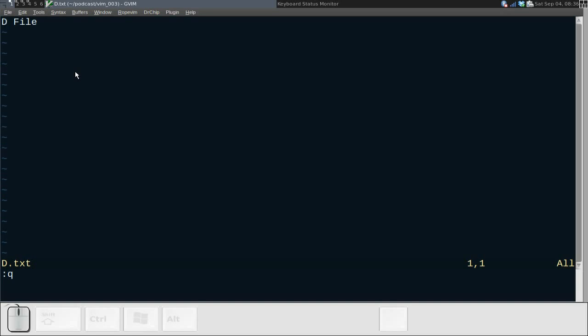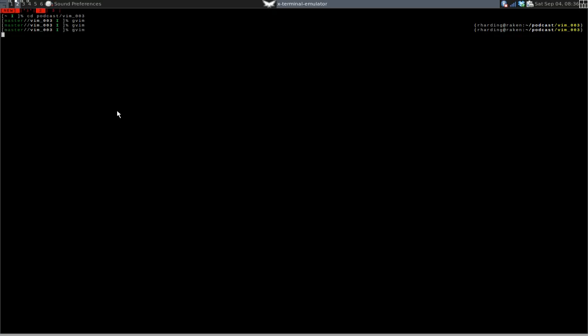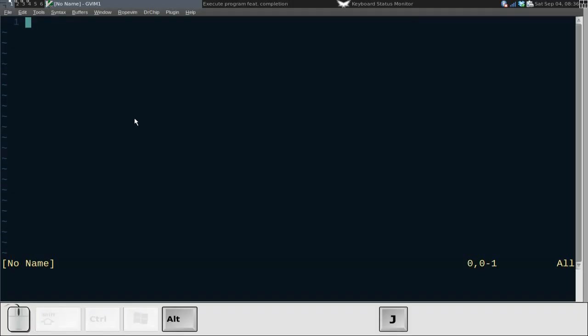So let's move on to our plugin interactions, because really that's where I think buffers shine in day-to-day use. There's a plugin called MiniBufExplorer. It's actually minibufexpl.vim that you can get from the VimScript site. And let's go ahead and copy that over to my plugin directory. Now, in order to do this, we have to basically relaunch Vim here. So let's go ahead and relaunch it and put it back on our main window here. And let's go back and open up our file.